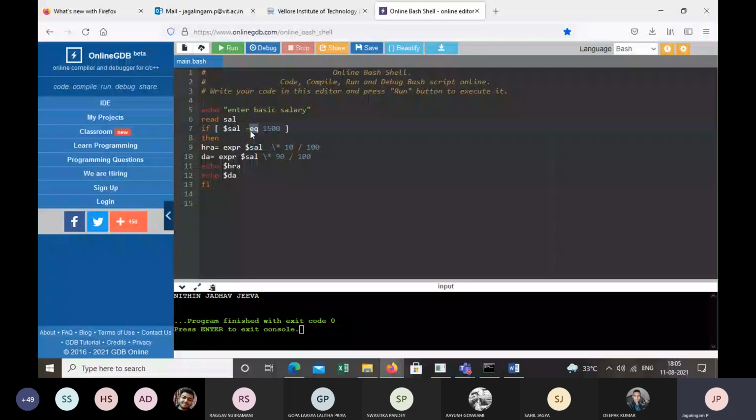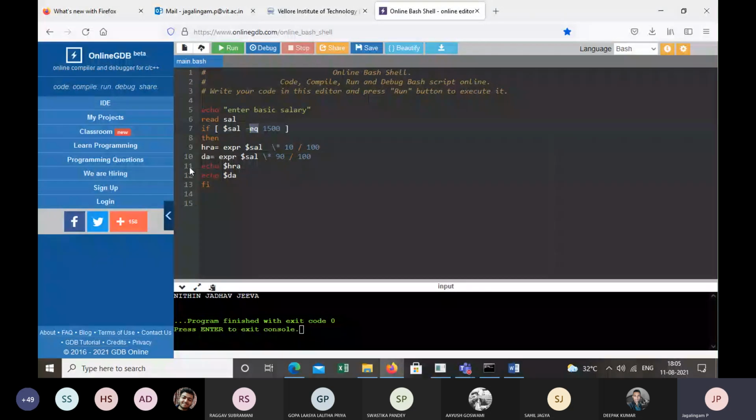Now, if the user enters salary, it checks the condition. If the user entered basic salary is equal to 1,500, only then lines 9 and 10 will be executed, and then in lines 11 and 12 we just echo the value of HRA and the value of DA.